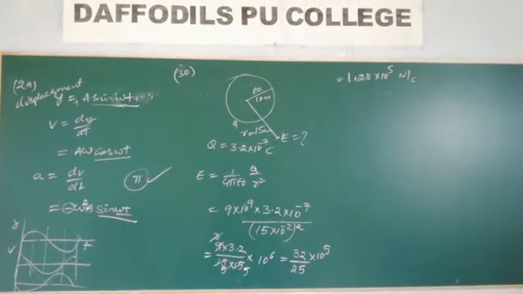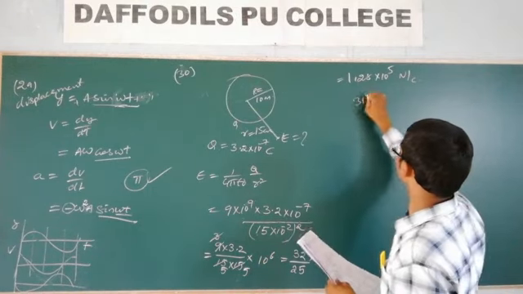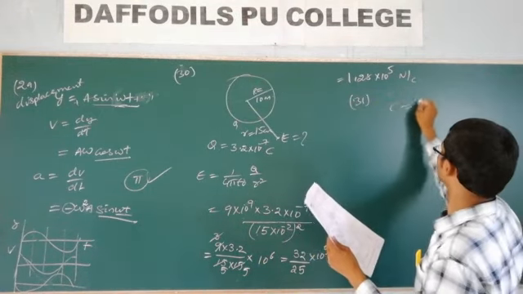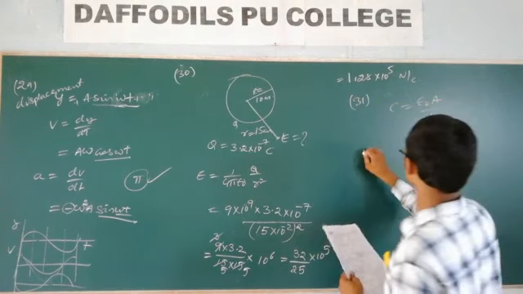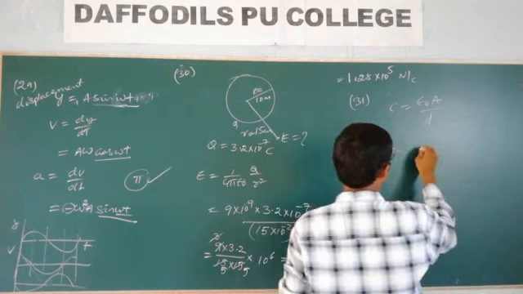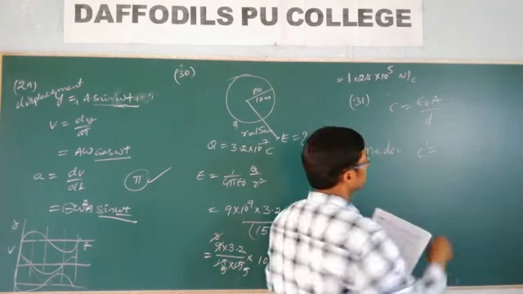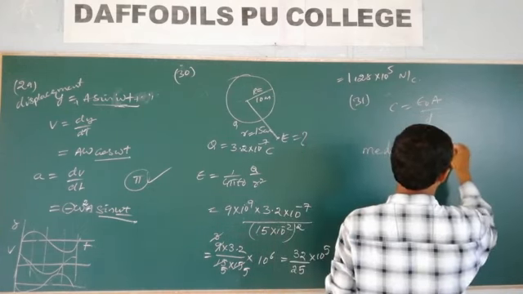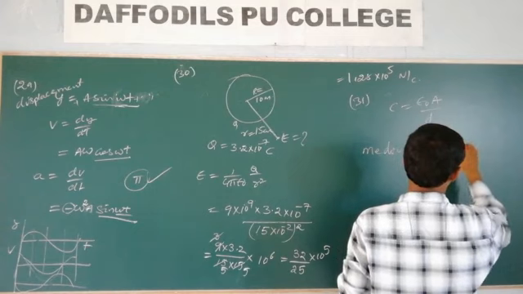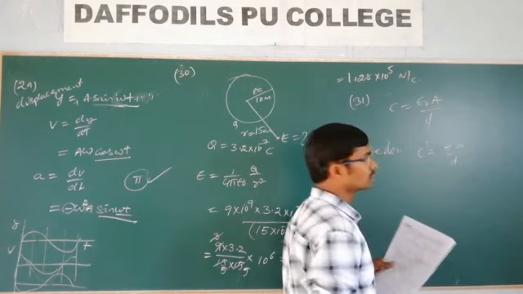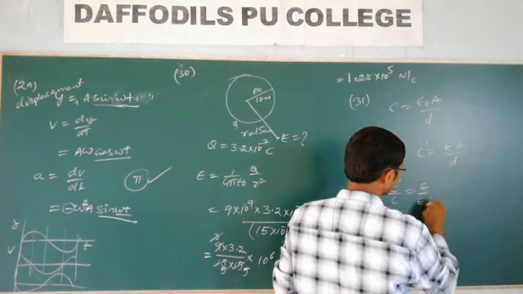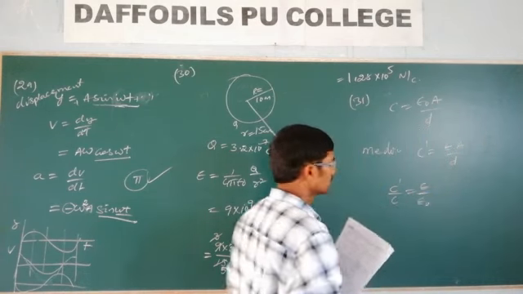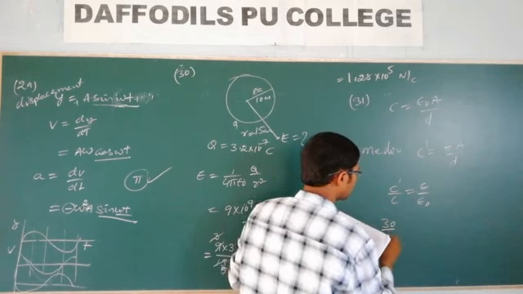The capacitance of a parallel plate capacitor with an air medium is 6 microfarad. With the introduction of a dielectric medium, the capacitance becomes 30 microfarad. The permittivity of the medium is? So to find the permittivity of the medium, for the first one the capacitance is epsilon naught A by D, whereas for the medium, C dash is equal to